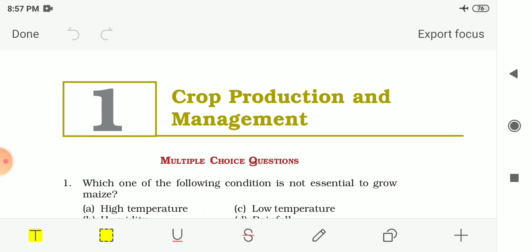For the healthy growth of plants, mineral nutrients are required, and these can be supplied by manure or fertilizers. So now what are manure and fertilizers? Manure is an organic substance obtained from the decomposition of plant and animal waste. And fertilizers are chemical substances. Examples are urea, ammonium sulfate, superphosphate, potash or NPK. NPK is nitrogen, phosphorus and potassium.